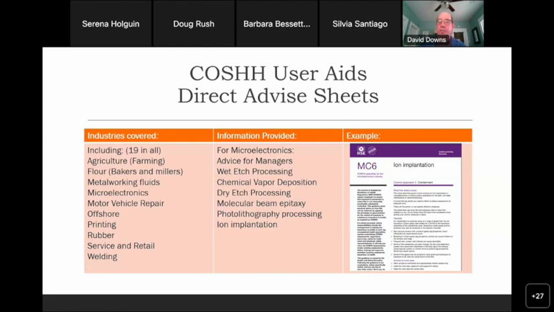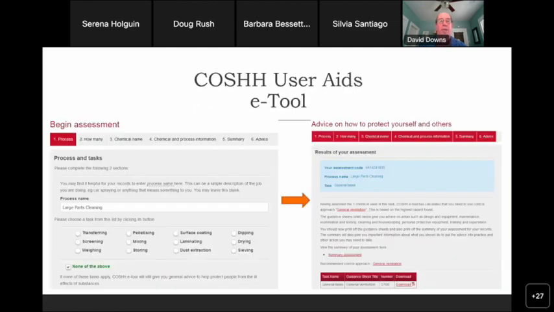And these guidance sheets are actually quite nice. They do tend to be a little bit generic, as kind of would be necessary, but if you're in a business of working in microelectronics and you're using chemical vapor deposition or in ion implementation, these are nice data sheets that are really quite useful to understand what are the potential hazards with the materials you're working with and the processes that you're dealing with.